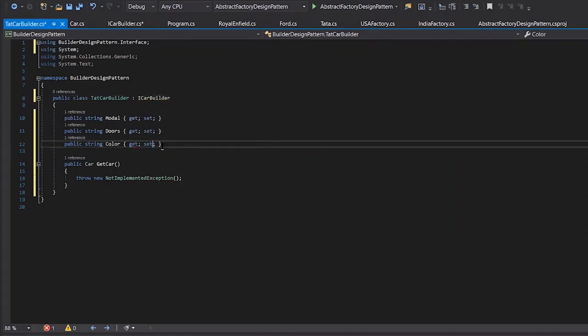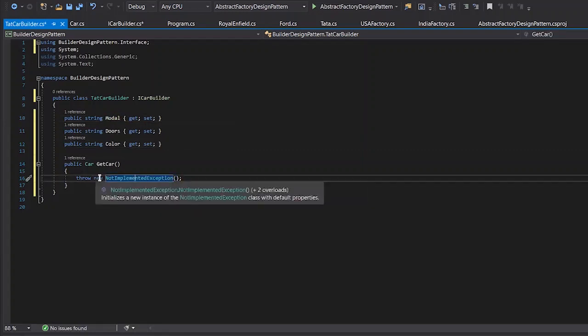In C#, this is the way to implement the getter setters. In Java, I know there is a different method. We create a private variable and create two separate methods of get and set for that private attribute, right? So we are proceeding with this as of now. And finally, the implementation of GetCar.